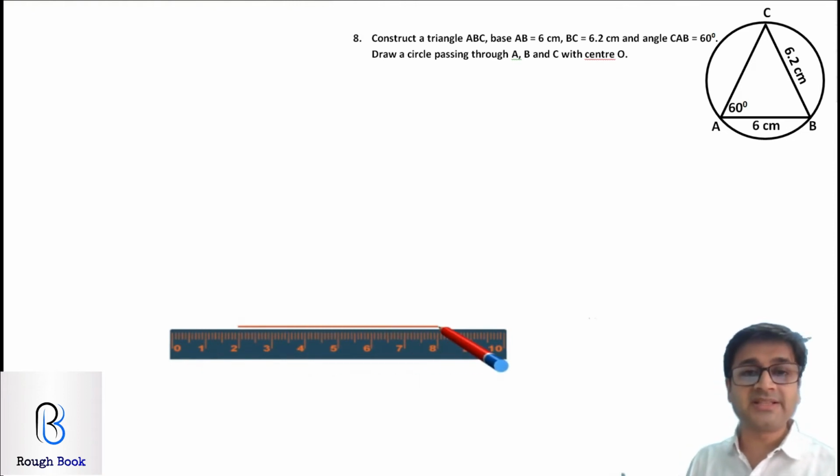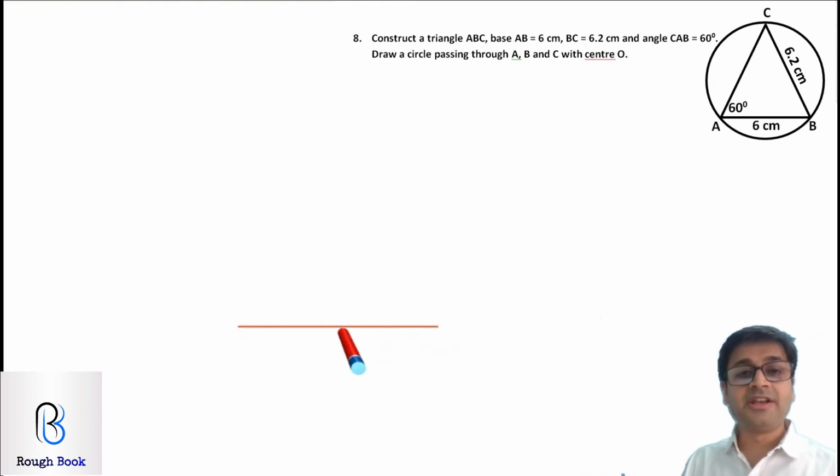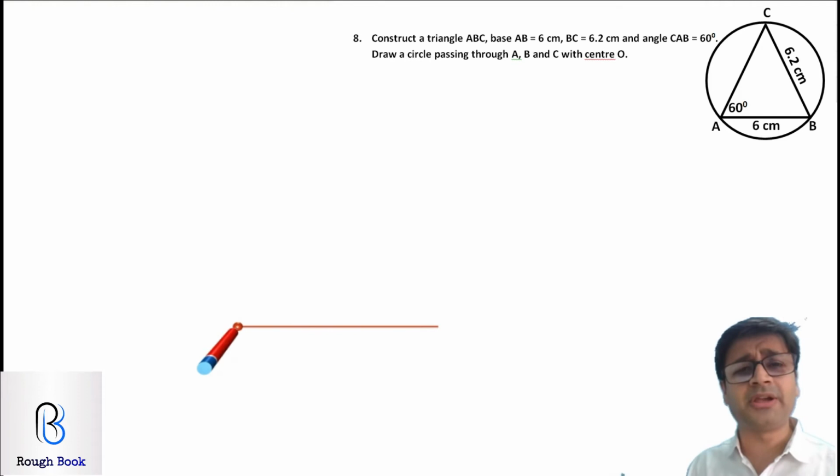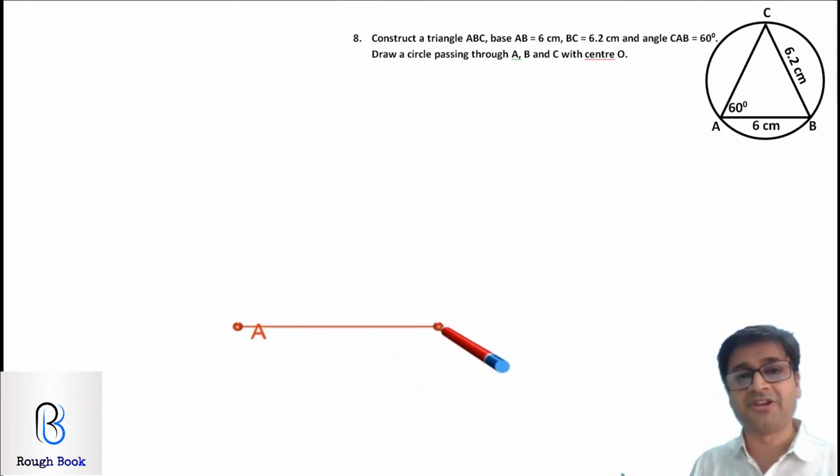So I'm taking my base AB, which is 6 cm, naming it as A and B. Come on, pause the video, try on your own. Why do you want to copy everything in life? Be original. Come on, do it on your own. I'm sure you can manage it. Great job. So AB is 6 centimeters.